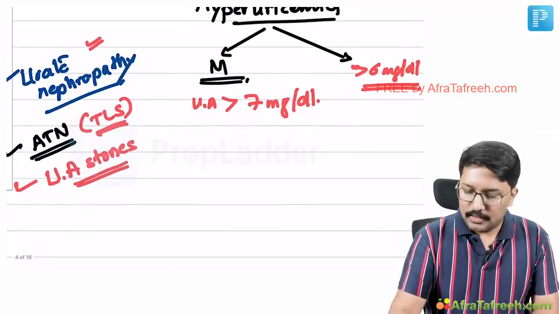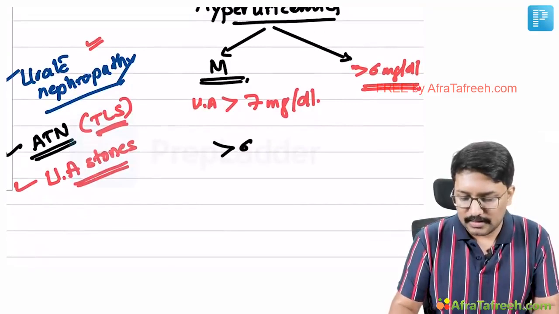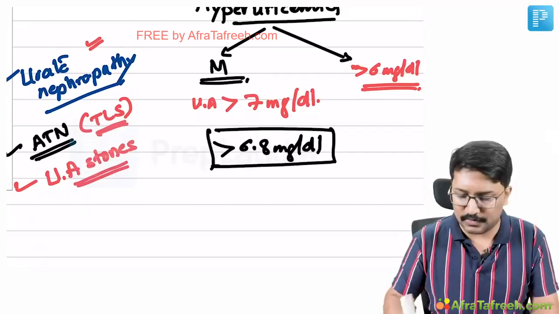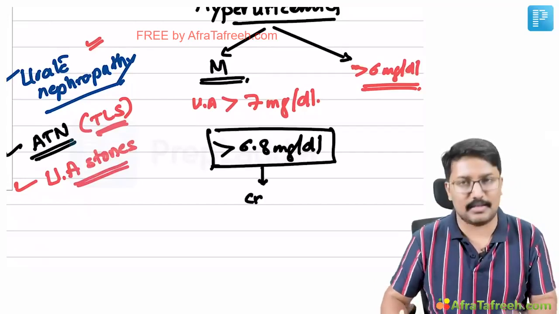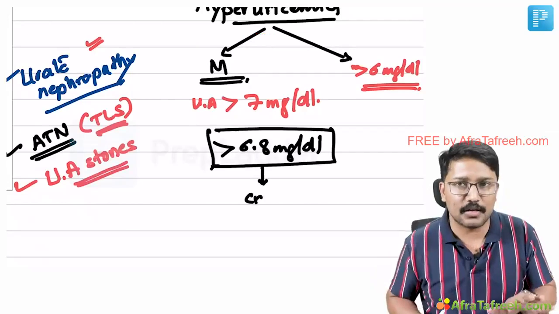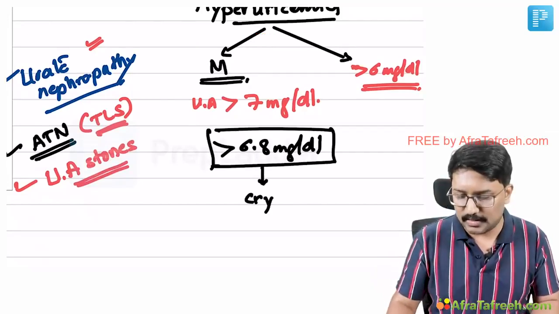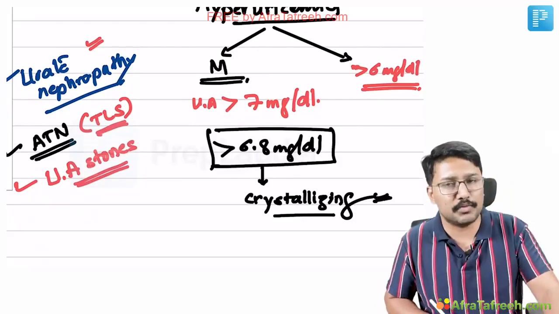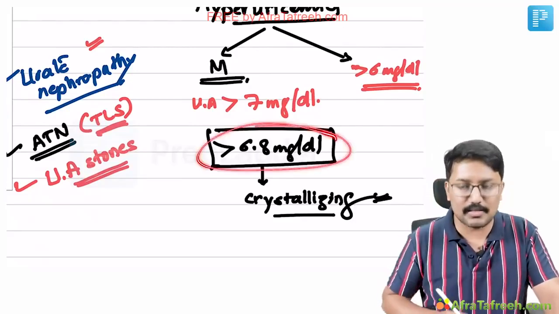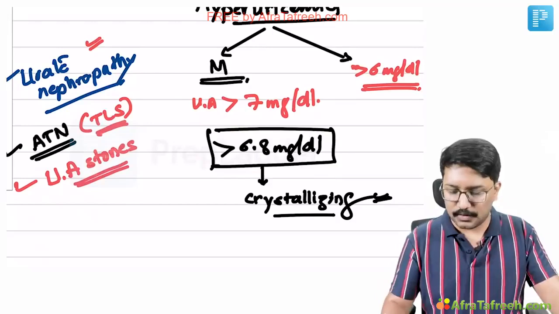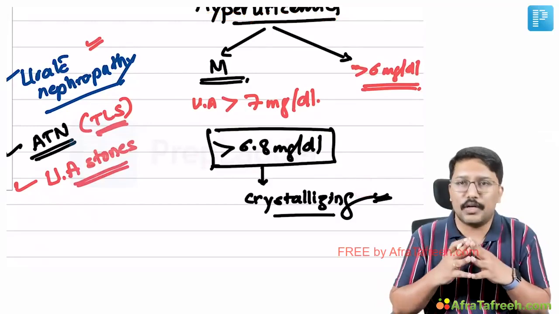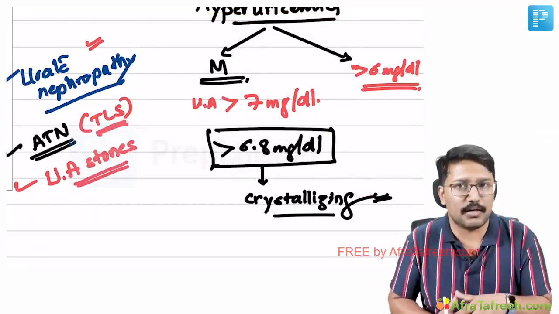Because when serum uric acid levels are more than 6.8 milligrams per deciliter, at this point the uric acid starts crystallizing. That means the circulation is supersaturated and the uric acid starts forming crystals. That is why this can be considered as a cutoff. Clear? So this can also be asked as an MCQ. So remember this point in mind. Okay. So now we know when we call it hyperuricemia, and some basics we have already understood about